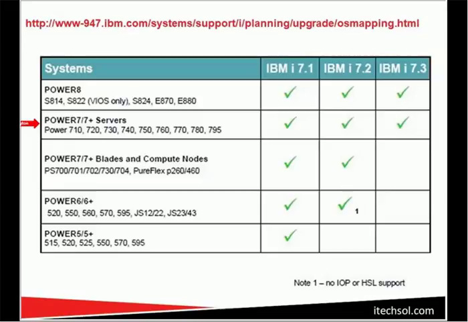Now, if I'm on a Power 5 box, I'm not going to 7.2, right? There's just no way I'm going to 7.2. There's no way I'm going to 7.3. If I'm on a Power 6 box, I can go from 7.1 maybe to 7.2. Notice this little 1 over here. And if you have Power 5 hardware on there, like 5095s, 0595s, 5790s, that's Power 5 generation hardware attached to a Power 6 box. Usually it has an HSL loop on it. It has IOPs. That is not supported at 7.2. So if you have a Power 6, you got to be real careful